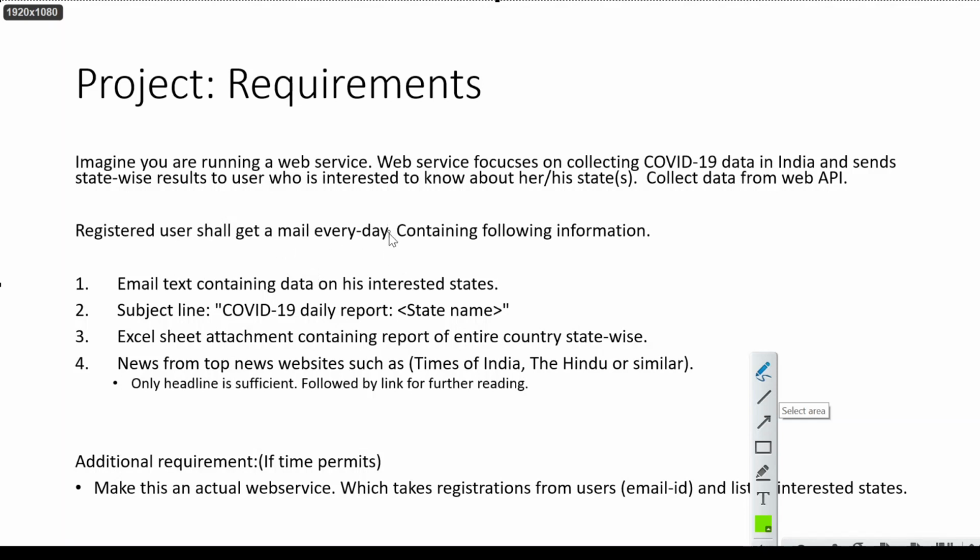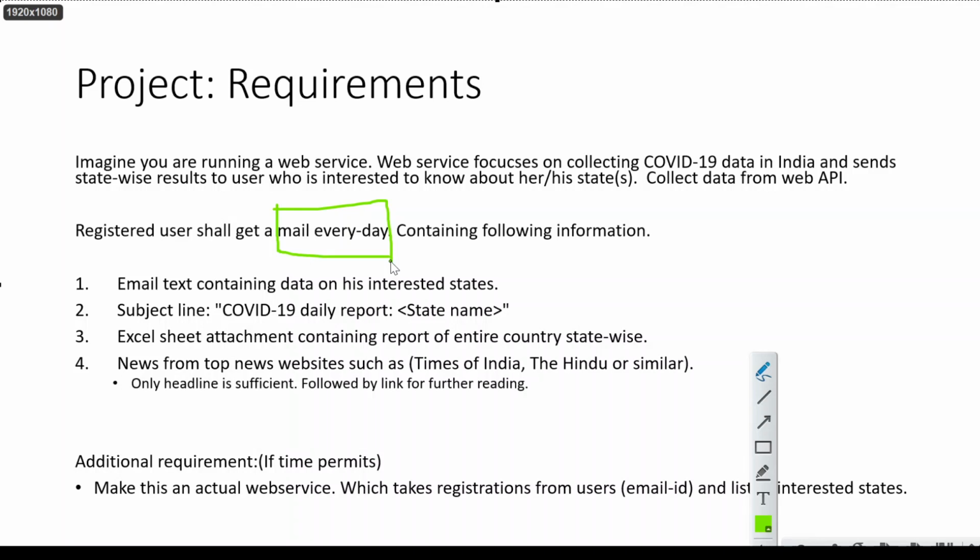For this, we need to do something else. We need to plug in our script to a shell script. So that is where the new features will come in, and let us see how the new features fit into our existing project. This mail-everyday part we will do. We will learn about that because we need a server to constantly wake up and send a mail. So this we need to do, and the email should contain the following information.